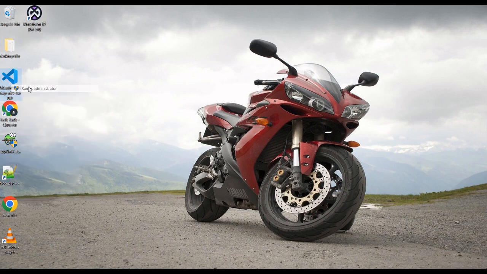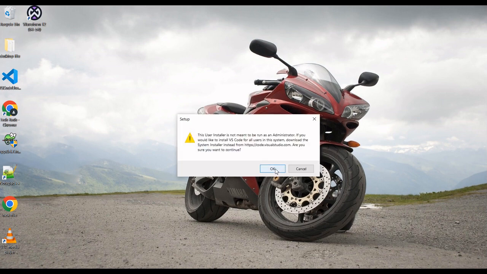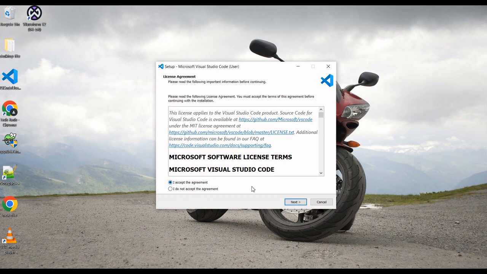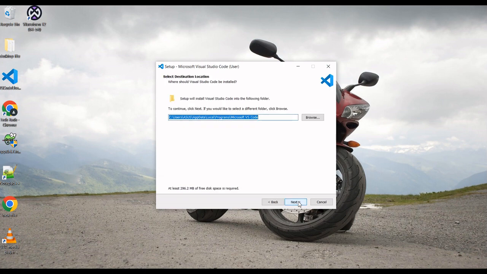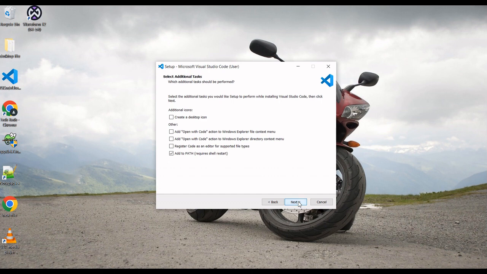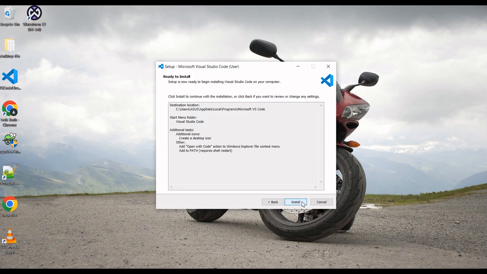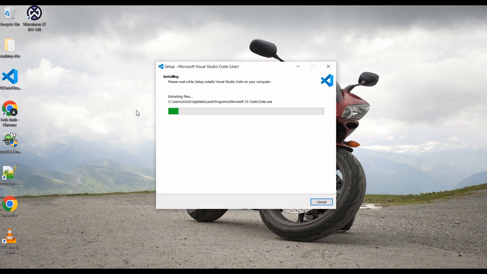Click on run as administrator and select I accept the agreement. Then click on next, then next, click on next, select the create desktop icon and leave all the things as they are, or you can choose any option you want, then install. It is free and open source, so